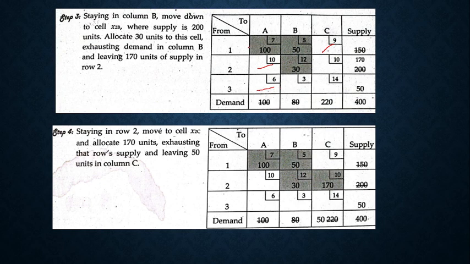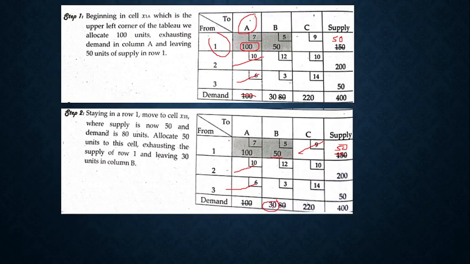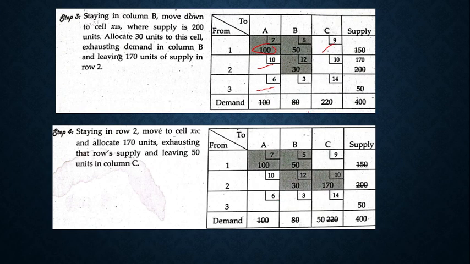Sige. Okay na yung nag-satisfy na ito. Nag-satisfy na si company A. Si company B na lang. Okay? Sige. Di ba merong remaining na 30 dito? Okay? So, copy mo lang yung 30 na demand. Okay? Demand ni company B dito sa middle. Okay? Sige. Copy mo yan.